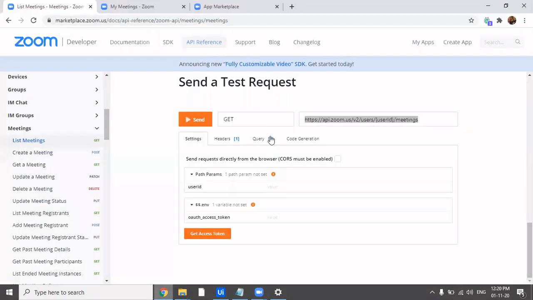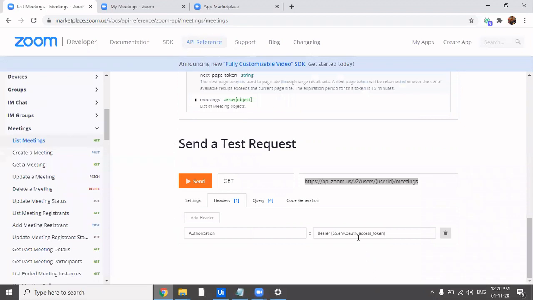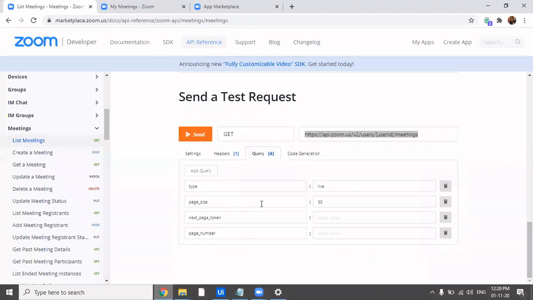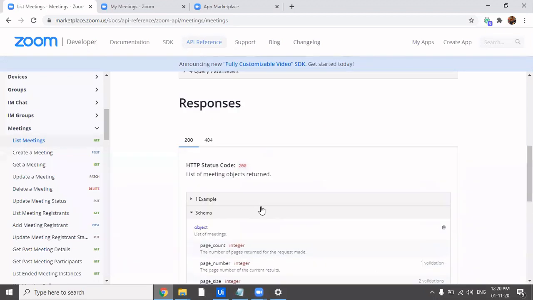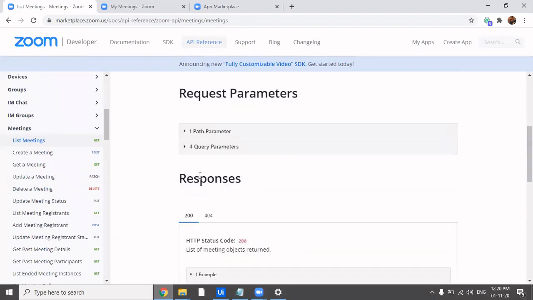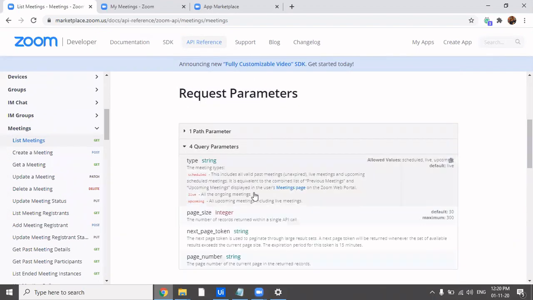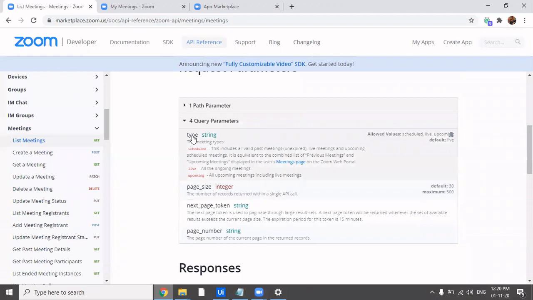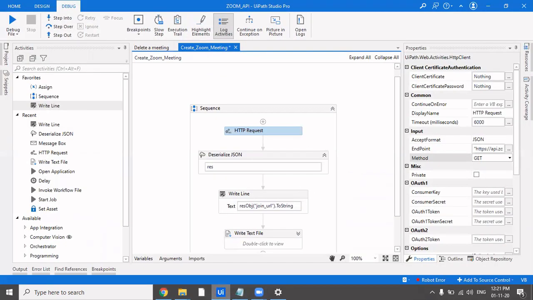Let's see what headers and parameters we have to pass. Header one would be the authorization token, which we're already passing. If we have a look at the query parameters, we have to pass the type, which type we want to get. Suppose we want to get all the upcoming meetings, including live meetings. So the type would be upcoming.